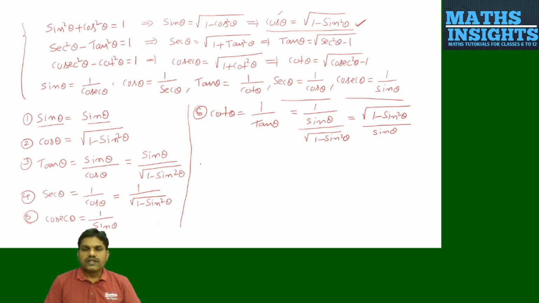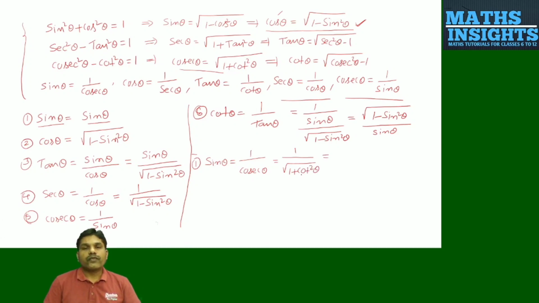Next one is tan theta. I will convert all into tan theta. If you see the first one, sin theta, actually sin theta has to be converted into tan theta. How will it be? If you observe, this sin theta can be written as 1 by cosecant theta. But you know what cosecant theta is meant by. Cosecant theta can be written as square root of 1 plus cot square theta. Therefore, I am writing 1 by square root of 1 plus cot square theta.